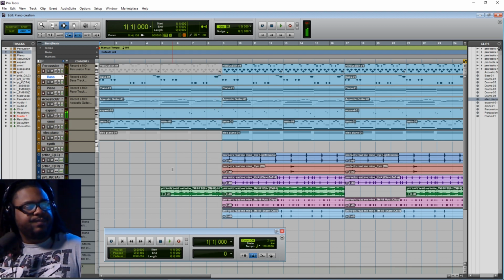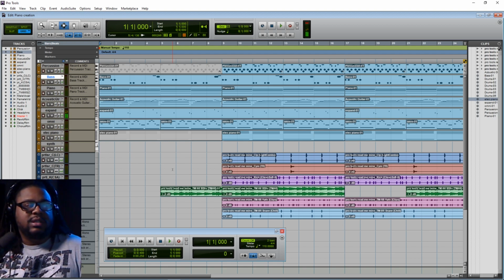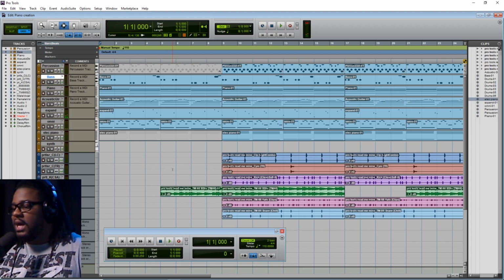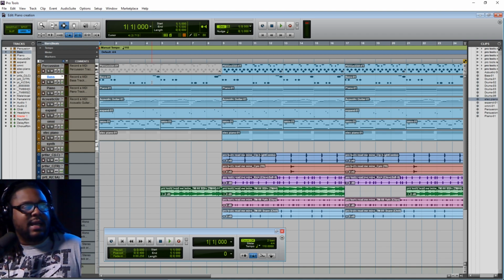Now check this out. With me having both of those, a sub bass or sub kick in there with a bass, they will tend to clash. So eventually I'm probably going to take one of them out during the chorus and try to use one during the verse, or the same thing vice versa. Try to use one during the verse and not the other one on the hook or the chorus. So for right now,